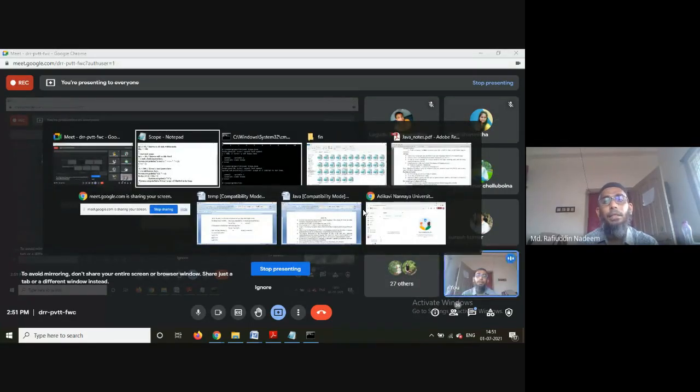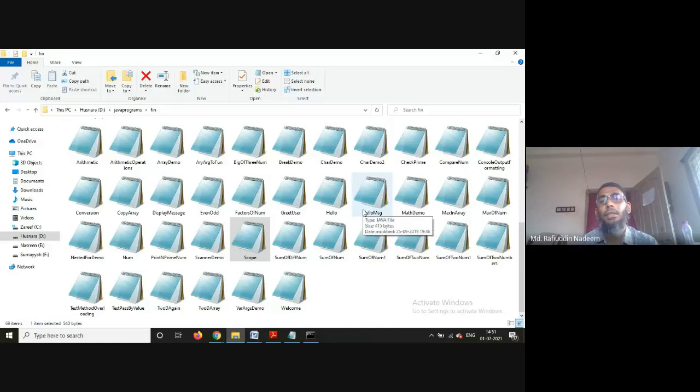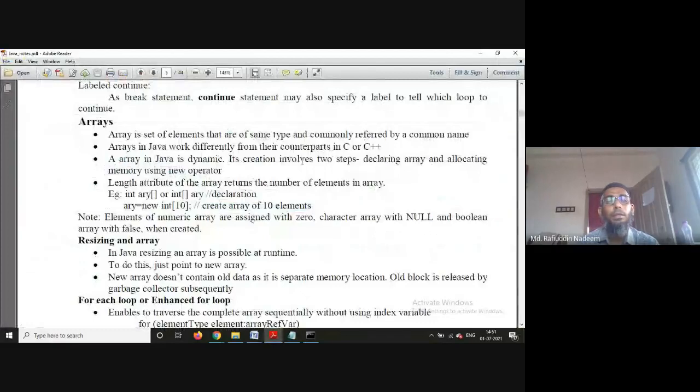Now, next is about the character demo. Okay, before going to the character demo, let me go to arrays. The arrays concept. Now we will try to finish off the arrays concept in the case of Java.